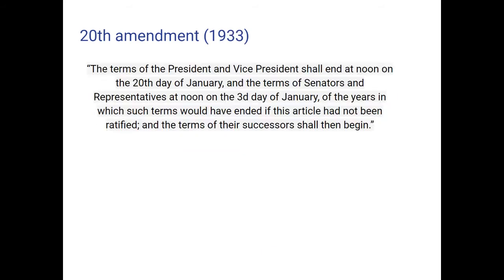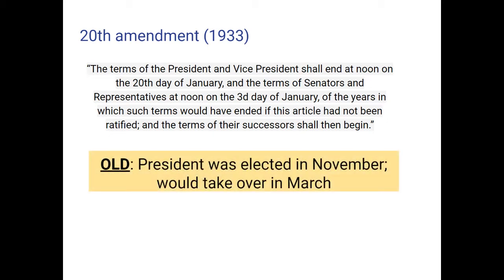The next amendment we're going to look at is the 20th Amendment, which was ratified in 1933. Though we're looking at this through the context of the presidency, this also affects Congress too. So pre 1933, presidents would be elected in November, but then they wouldn't take over until March. So there was that sort of awkward gap between November and March,